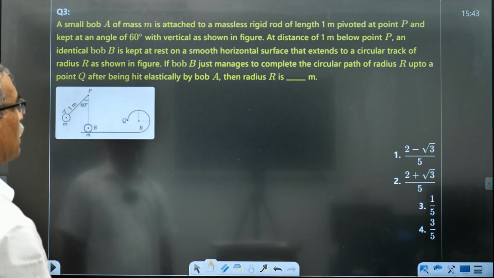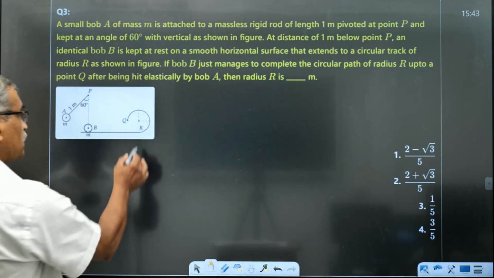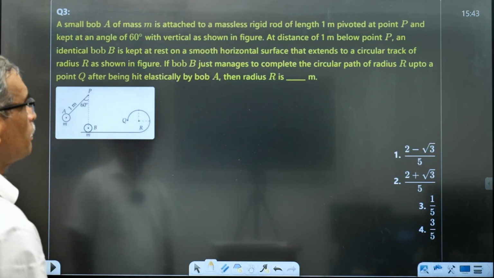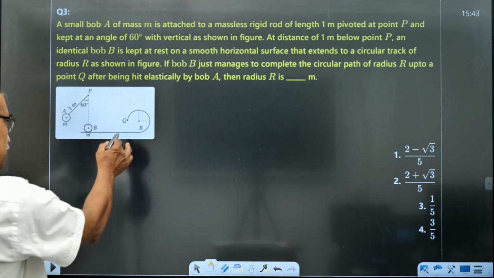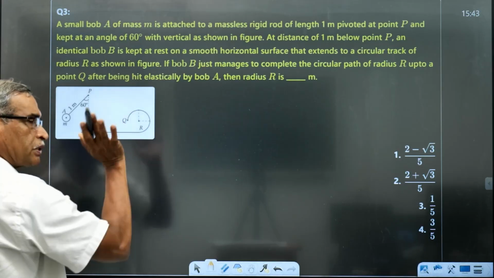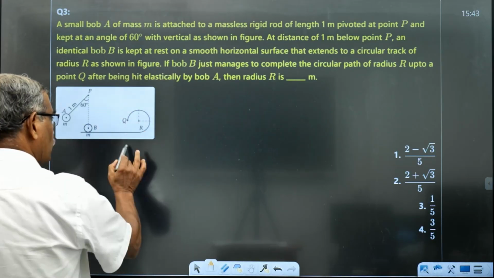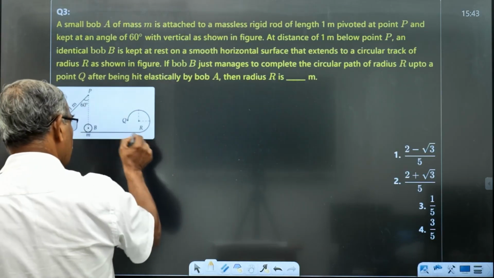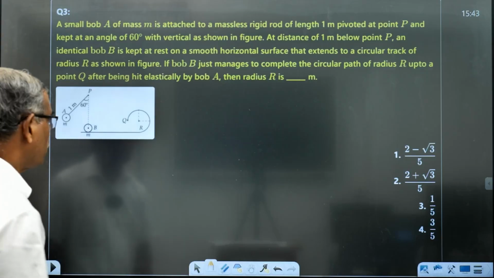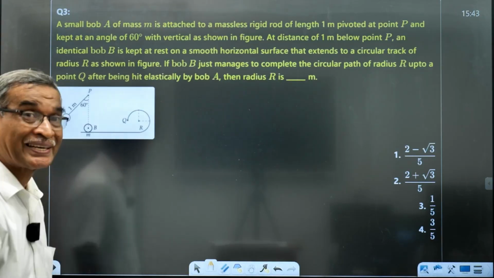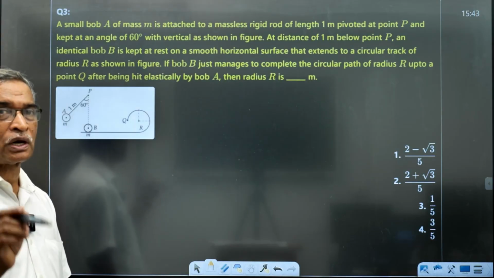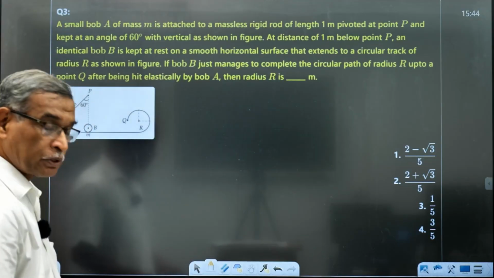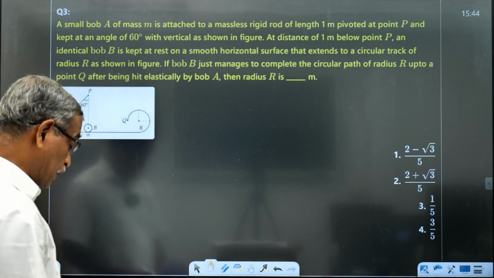If the bob B just manages to complete the circular path of radius R up to the point Q, it just negotiates the vertical circle. On reaching here, it will move along the tangent, because the frame is not there. But the problem is that it is taking vertical circular motion, and a minimum speed is required at the bottom. To just complete vertical circular motion, what is the minimum speed required at the bottom? Minimum speed required at the top is